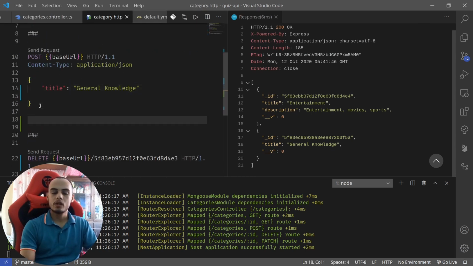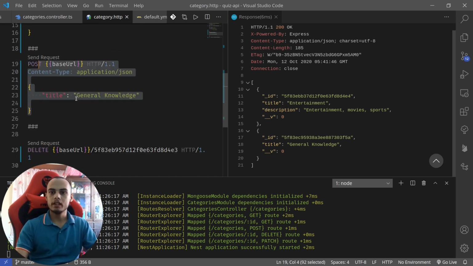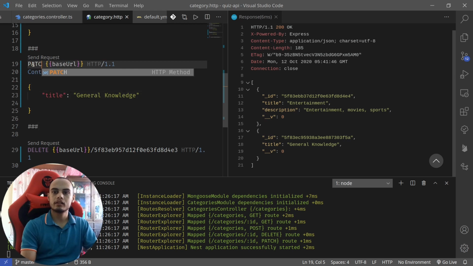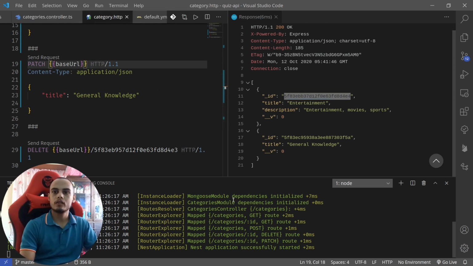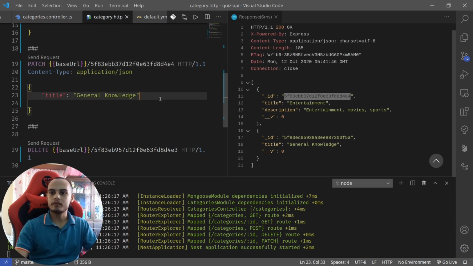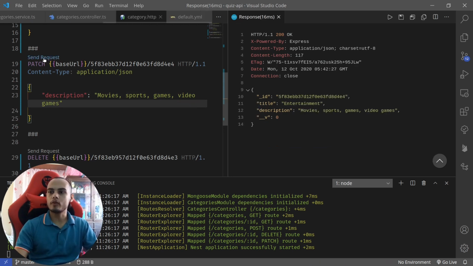Now we can create an update request. For that, we can simply copy this, and instead of post, we'll make it patch, and here we'll need an ID. Let's update this entertainment category. So slash this, and again application JSON, that's fine. We'll just update the description. We want to remove the entertainment there. So movies, sports, games, video games. If we send a request, see,